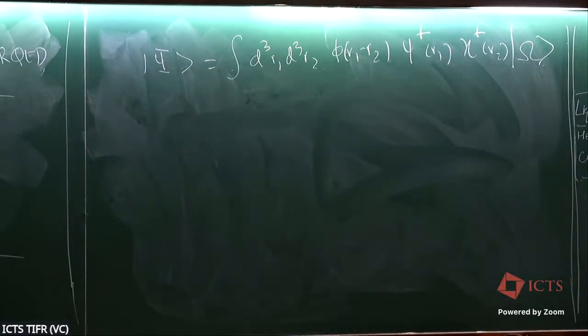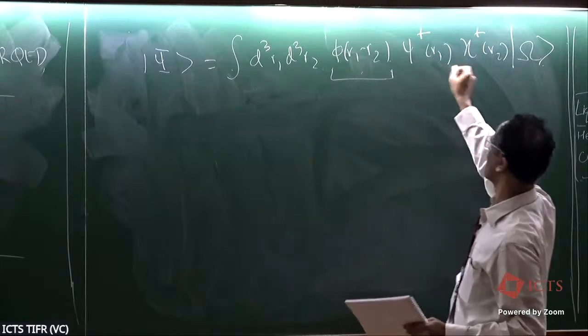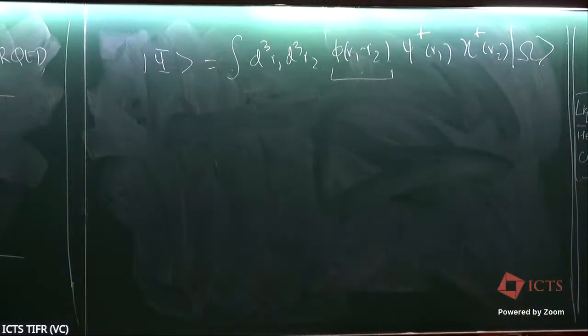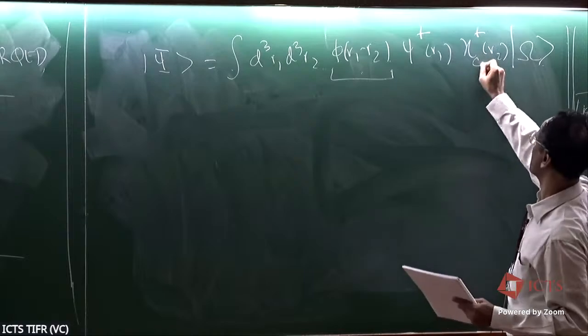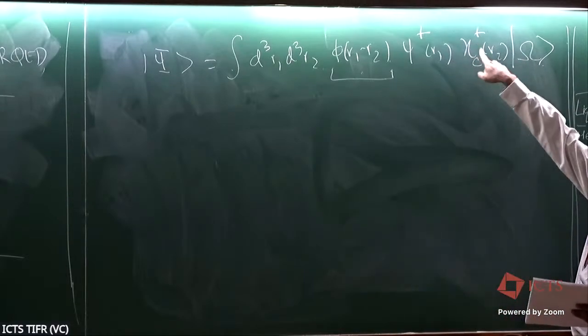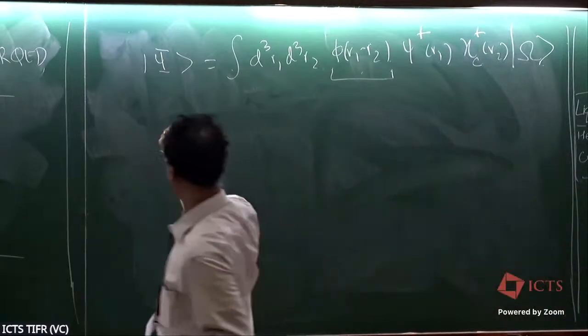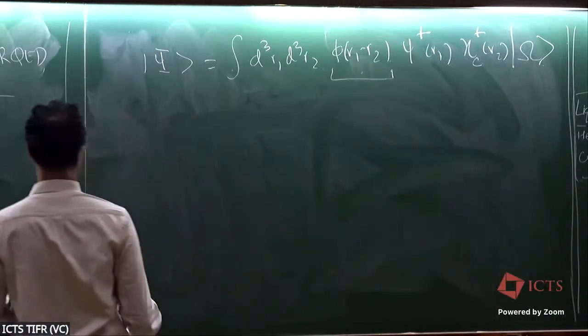So this is the wave function of the state, and these are the creation annihilation operators. If I project this Lagrangian onto this Hilbert space, then I get